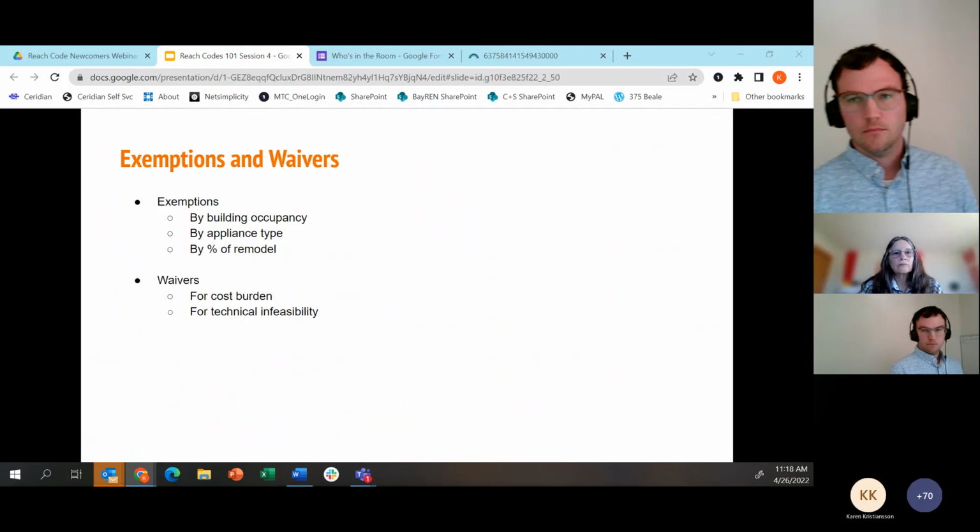So that's the one place where exemptions really are helpful. They're hard to write clearly in terms of percentage of remodel and making sure that they're accurate and consistent. And I would just encourage folks to work with your building department to use some other trigger that you've already defined, whether that's fire code or something of that nature, and just follow that rule rather than trying to create a new one.